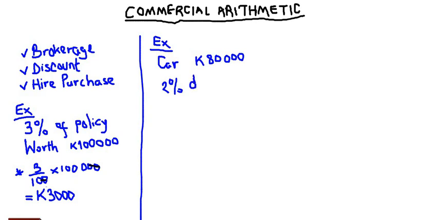Then how much exactly is the customer going to pay for the car? Again, we need to interpret the 2% of the price. So 2% of 80,000 will give us